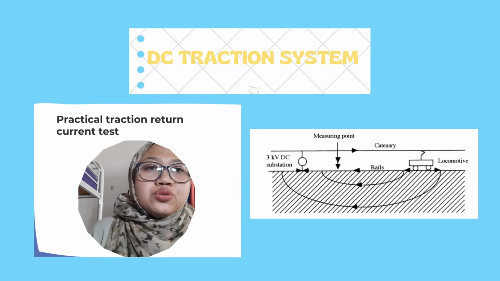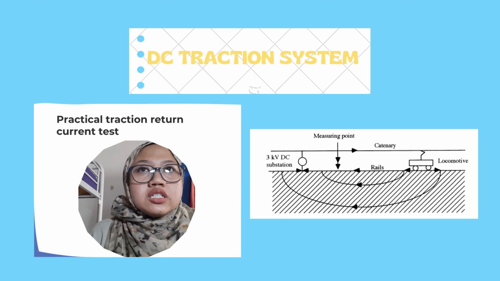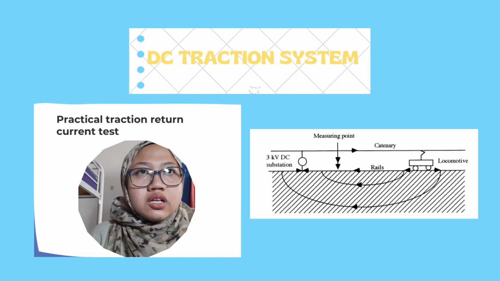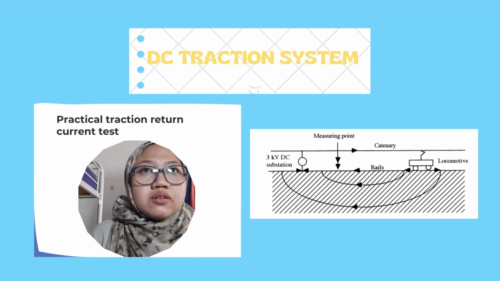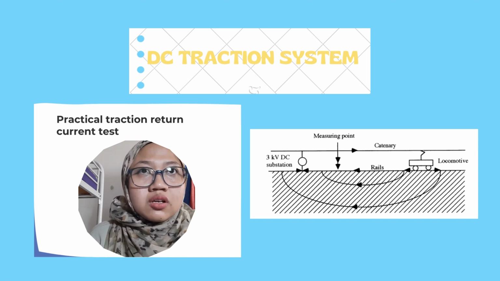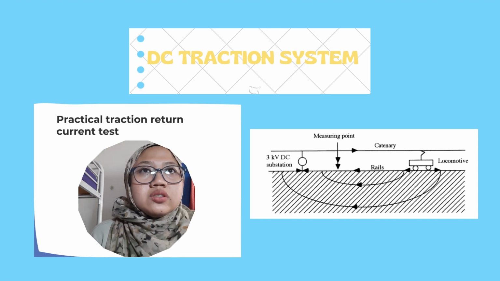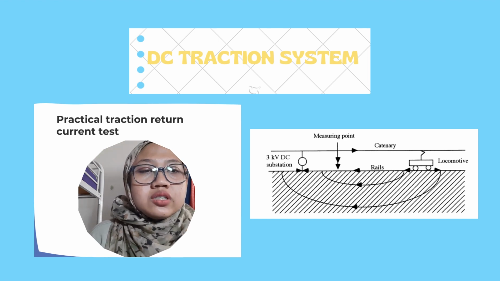Okay, next we move to the test, which is the practical traction return current test. As the figure shows the test condition, the current was fed from a substation to a locomotive along a straight level track over uniform ground. The current distribution in the feed, which is fed to the catenary and contact wire, then to the parallel feeder, and returns to the rail or earth wire,